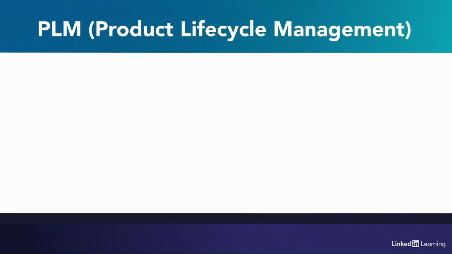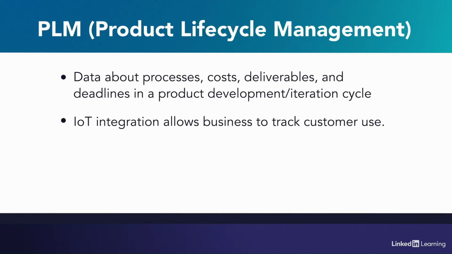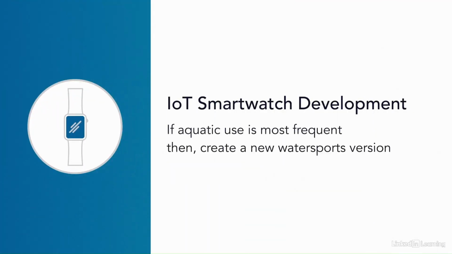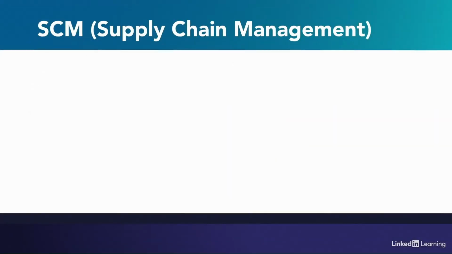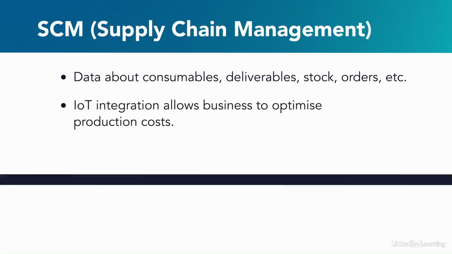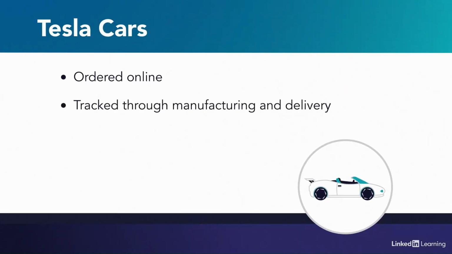Interfacing products directly with the PLM system, or Product Lifecycle Management System, can track product use and use this information to prioritize future features. If, for example, a lot of customers use their smartwatch in the water, a manufacturer may prioritize the development of a water sports version. Interfacing products directly with the supply chain management system can follow their progress through the entire supply chain. For example, since Tesla cars can be ordered online, the company can track each car from the time of order